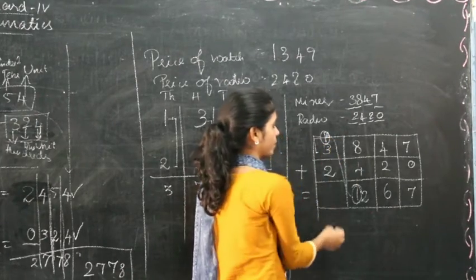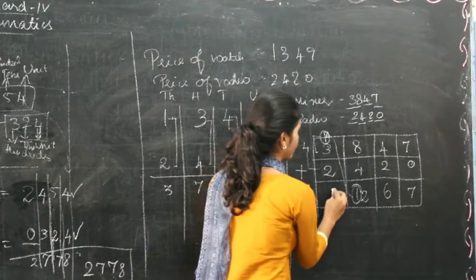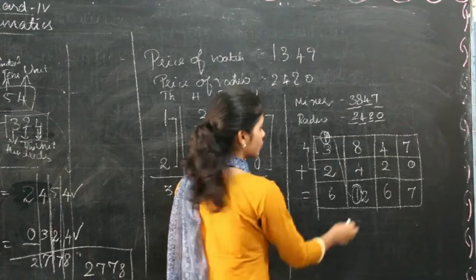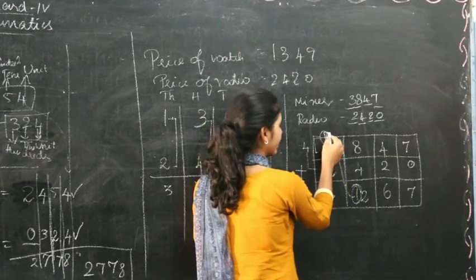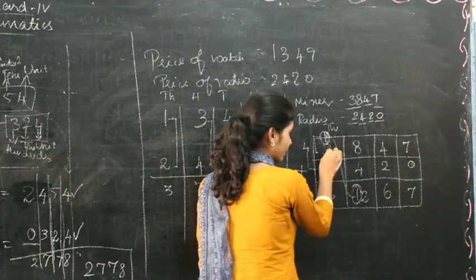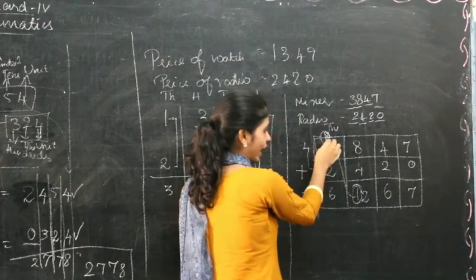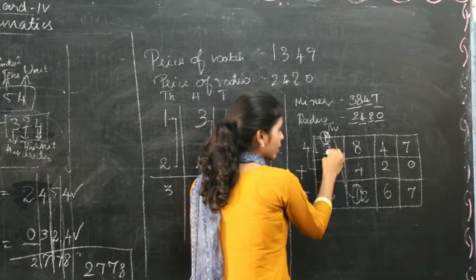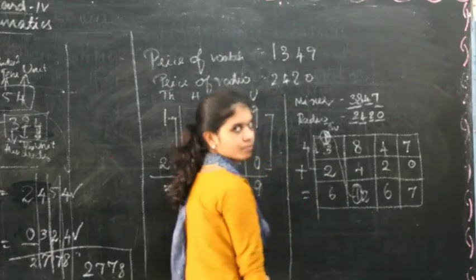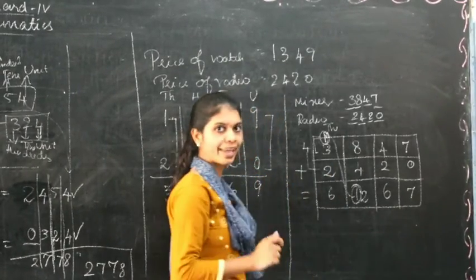1 plus 3 will be 4 and then add this 2. 4 plus 2 will be 6. What should we do with the carry? We should take it to the higher order, to the thousands, and then add it with the numbers already there. So we are adding 1 and 3, then we are adding 4 and 2. So we'll get 6 here. This is how we should do carry problems.